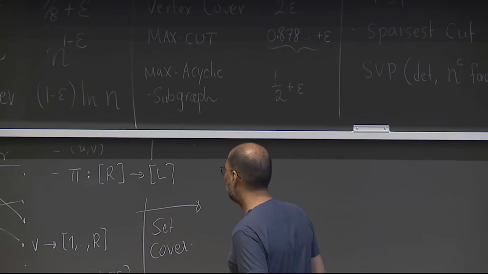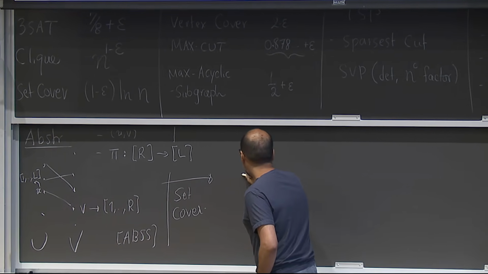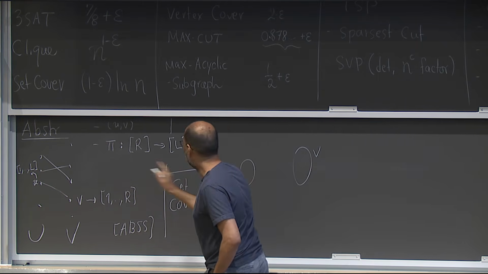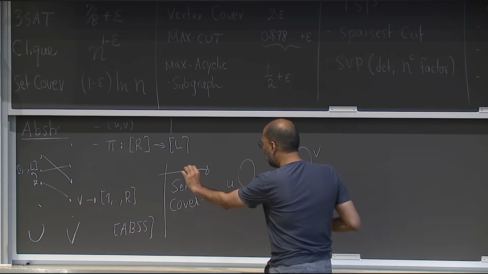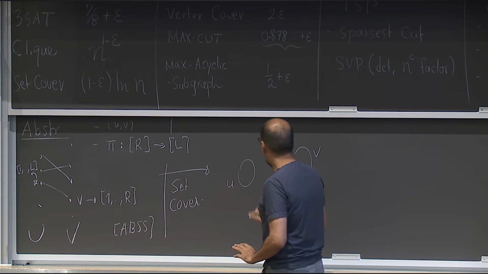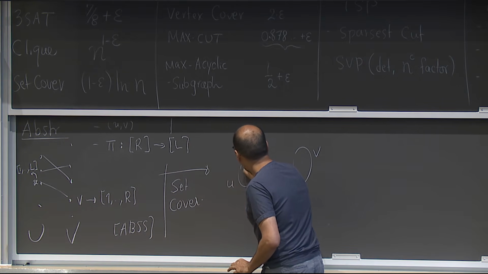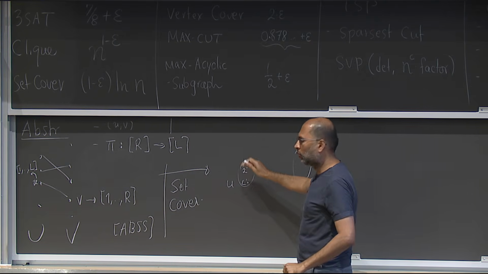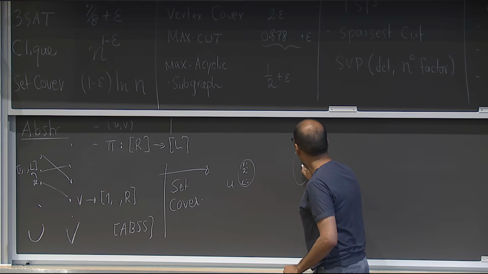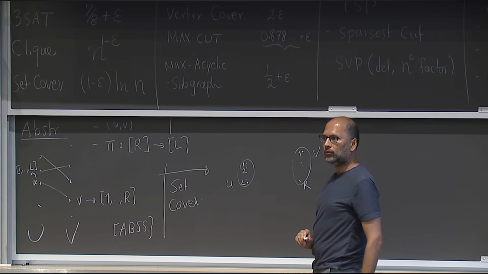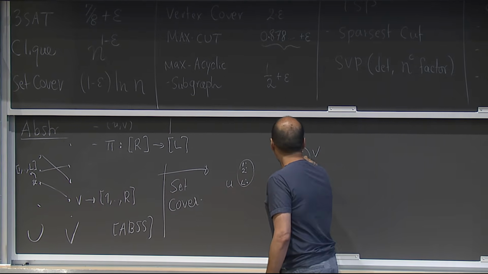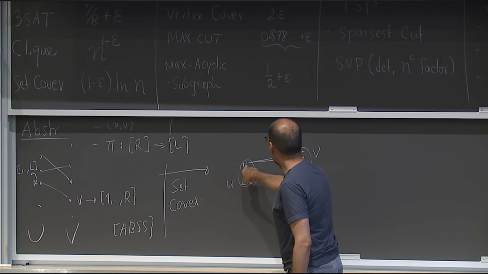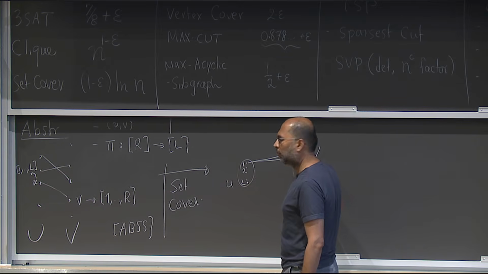So these are label cover vertices, little u and little v. I sort of blew up each vertex into a blob. Inside each blob, I will note down the labels which are supposed to be assigned, the candidate labels. So 1 up to capital L, and on this side 1 up to capital R. And then presumably these labels determine these labels. So for example, maybe if you intend to assign label 1 here, on this side it can only be 1 or 2.